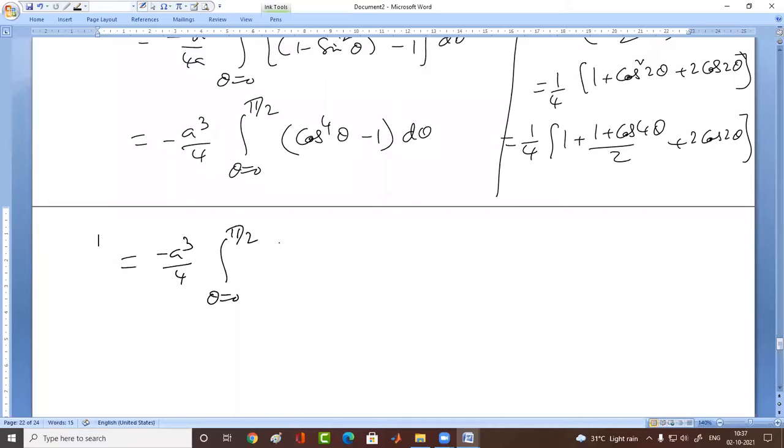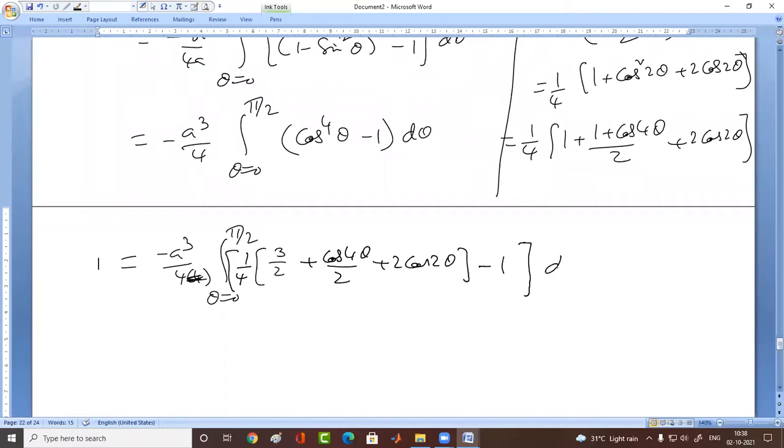If you know the simple formula which is in our intermediate, then it is very easy. So 1 by 4. Okay, I will write one more 1 by 4 here. 3 by 2. 1 plus 1 by 2 is 3 by 2. Plus, no, wait. Don't write here, write here. 1 by 4. 3 by 2 plus cos 4 theta by 2 plus 2 cos 2 theta minus 1